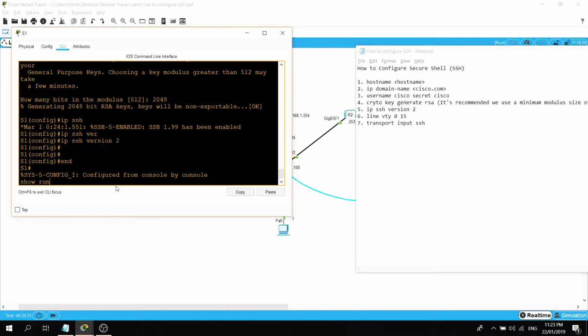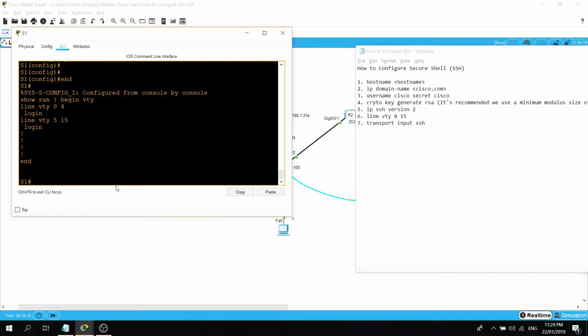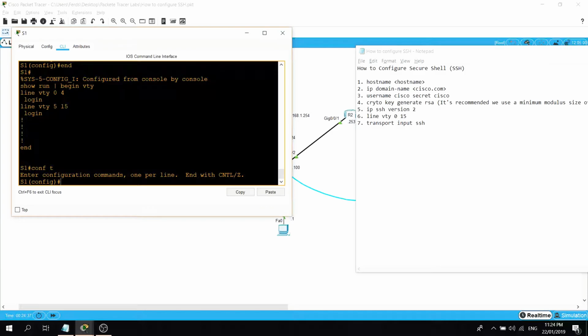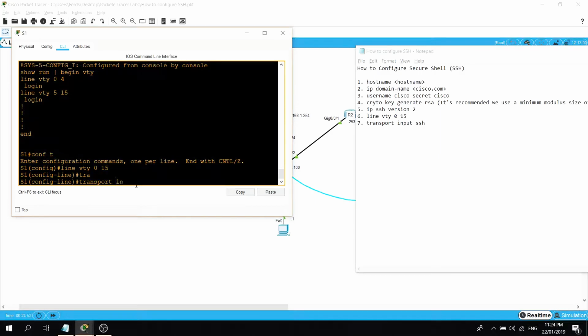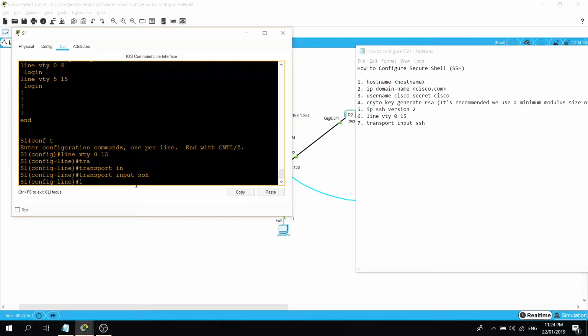And number 6, I'm going to go to the VTY lines section of the configuration. So begin VTY, and so we have 15 VTY lines, so 0 through 16 rather. So I'm going to specify the transport input SSH, and login